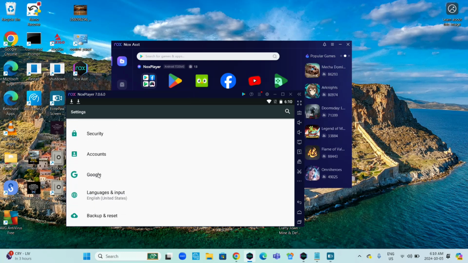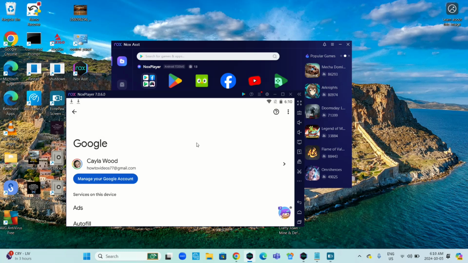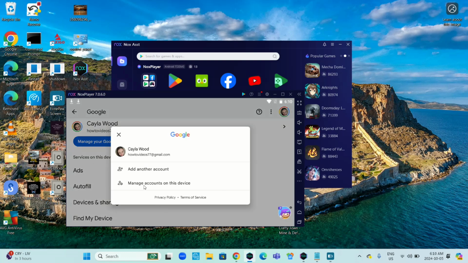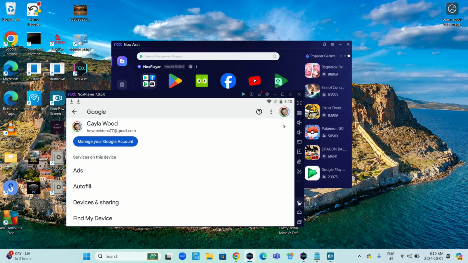Go to Google. Scroll down. Click on your picture in the top right hand corner. And go to Manage Accounts on this device. I'm going to go back for a second. Another way you can access this is go back,